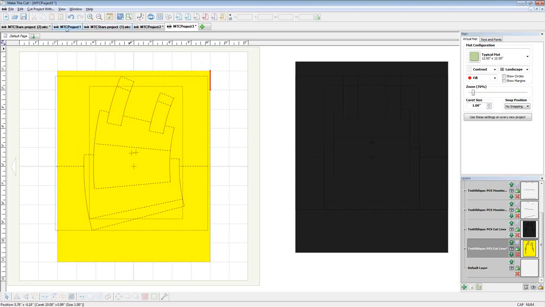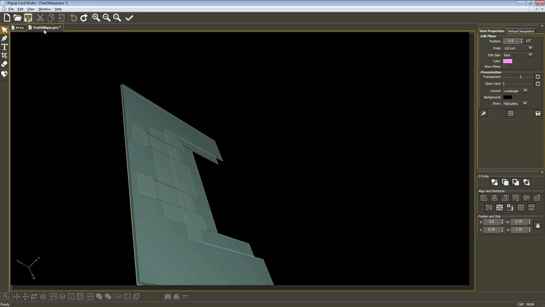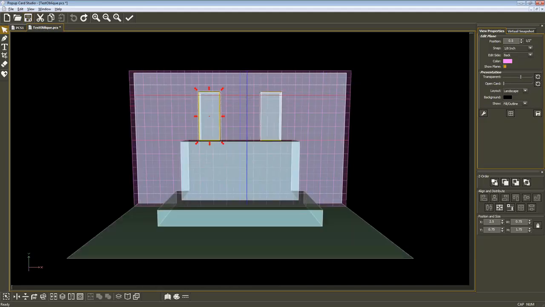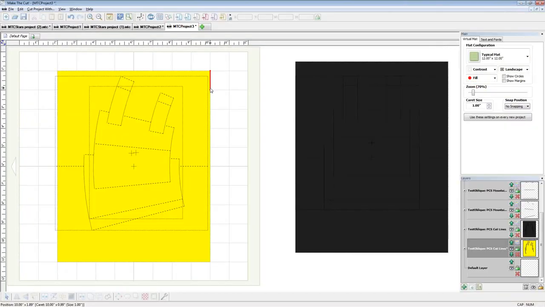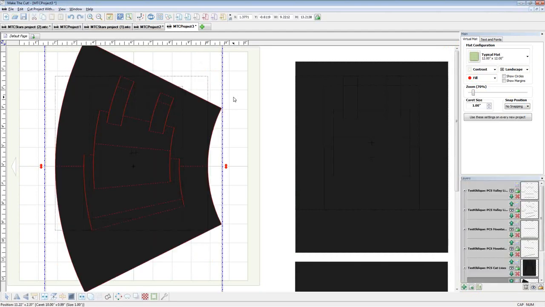So you would either have to be careful when you designed the card in Popup Card Studio, if you knew the left-hand side was going to be, in essence, enlarged because of the way we did the Conical Warp, you'd want to be aware of that when you created it, or you would have to make sure wherever this piece is going to end up, that when you do the Conical Warp,